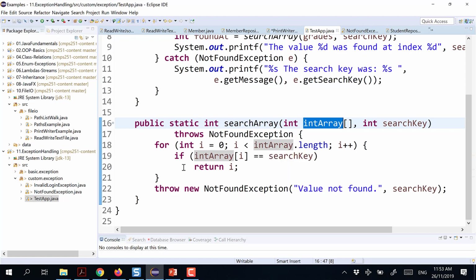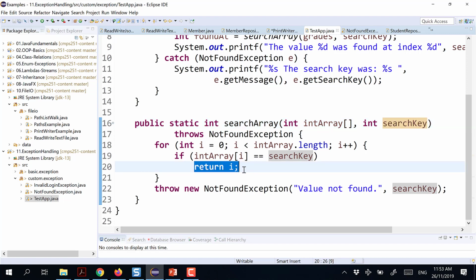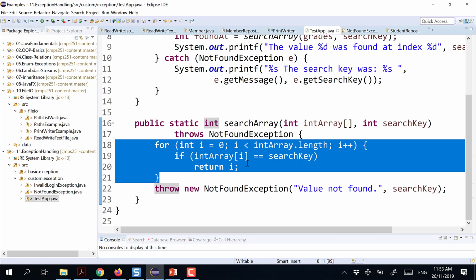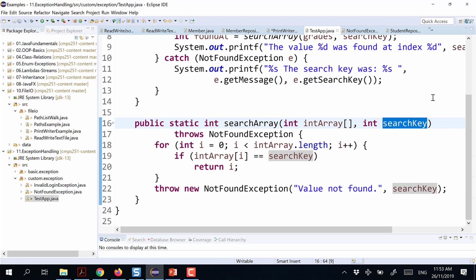What happens is I try to look for this search key inside this array. If I find it, I return the index where that search key appears. Otherwise, if I go through the whole loop and don't exit with an index, then I throw NotFoundException. This is basically my own class. It takes the message and the search key that the caller is looking for. And when I run this example here,